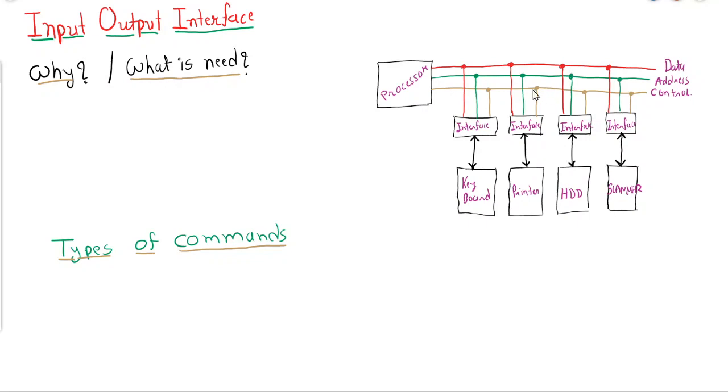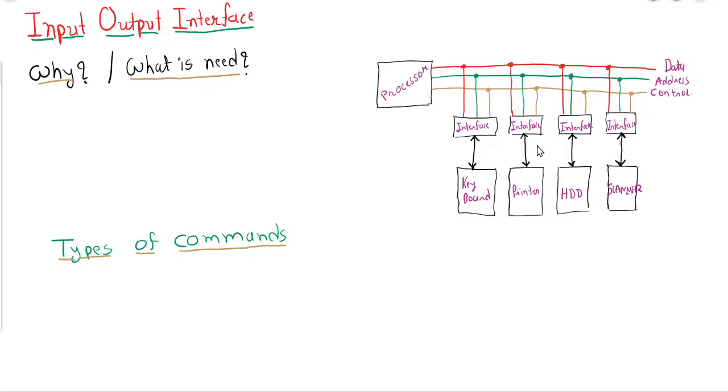Now you can see that all three buses, data bus, address bus and control bus, are connected with the interface. So all the information related to data, address or control will be provided to the interface, and then the interface will send those commands to the keyboard or whatever input output device it is, and then the operation will be performed.